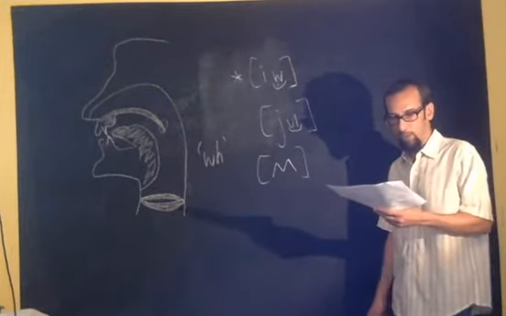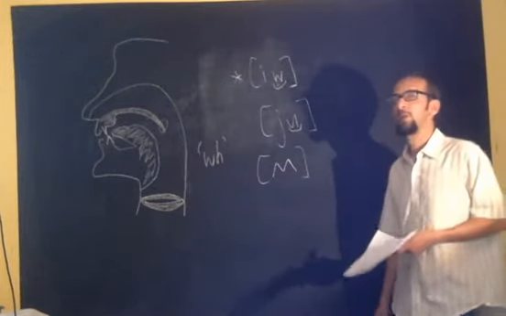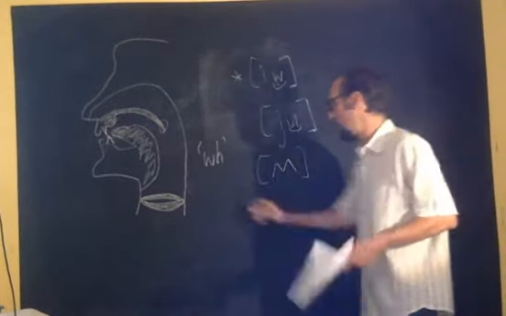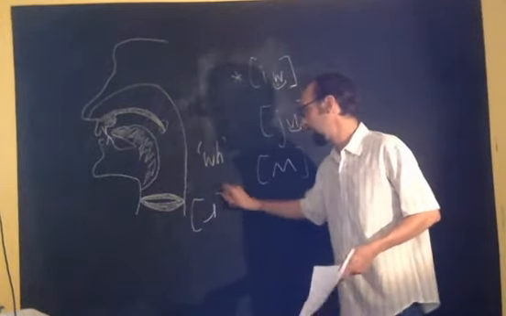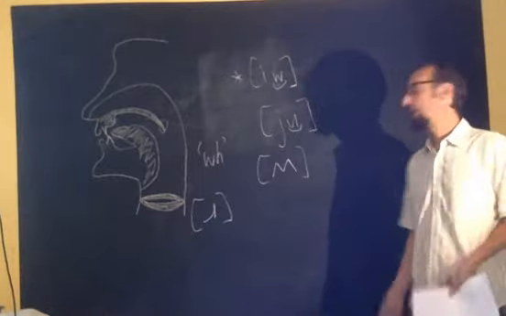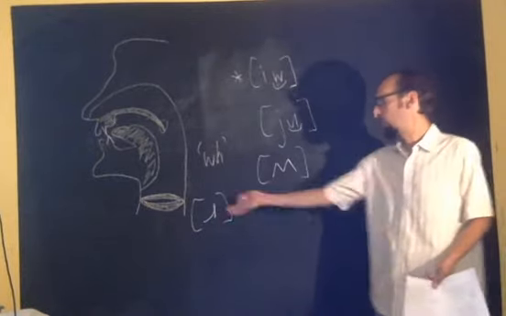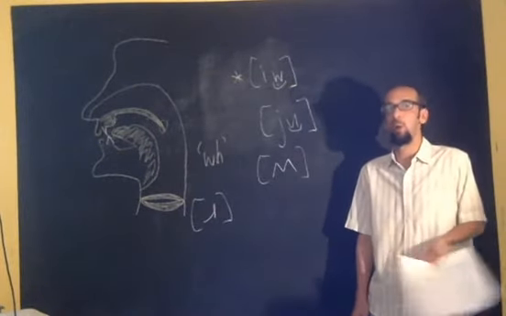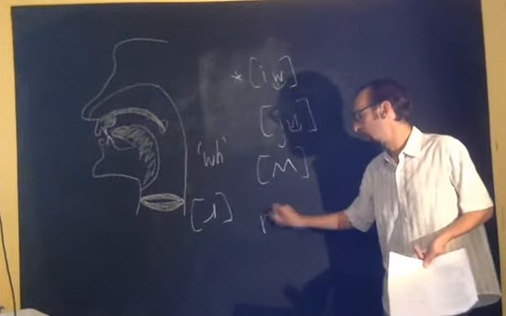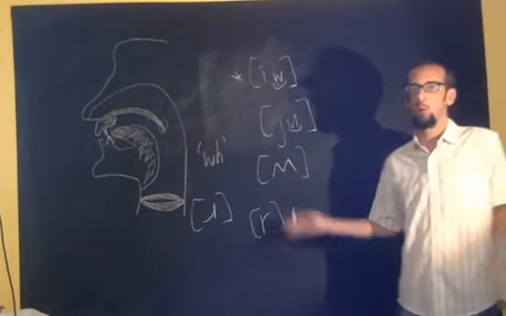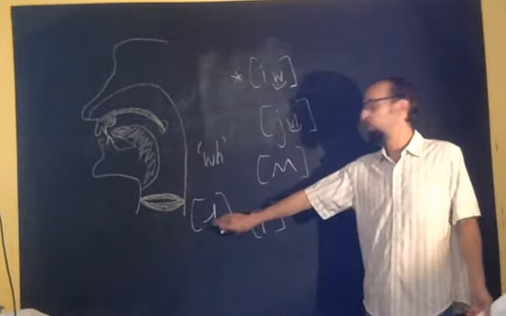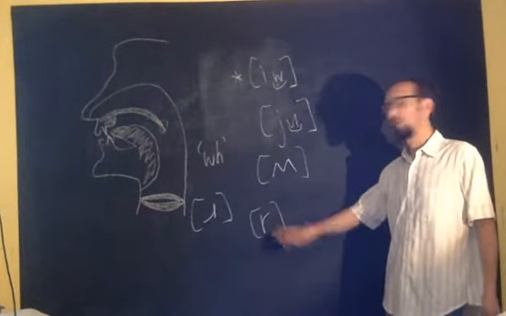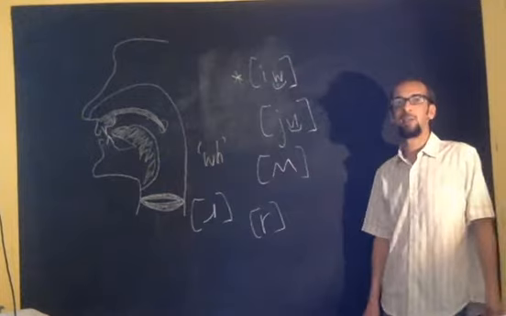The other liquid in English is this mysterious r sound. And the technically correct way to write this is with an upside down R symbol. In general, if we're talking about English in class, because this is the only r-like sound that exists in American English, and it's just easier to write it normally, I'm usually going to use the right side up R symbol for this, and you're welcome to do so as well, unless it's super important that this is the particular weird sound that it is. In the IPA, this normal R letter is the symbol for the apical trill